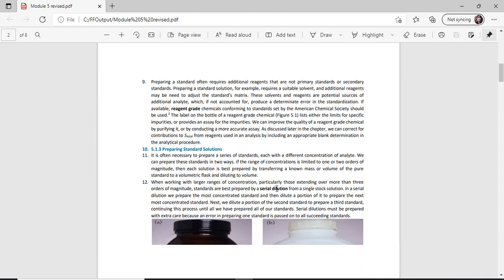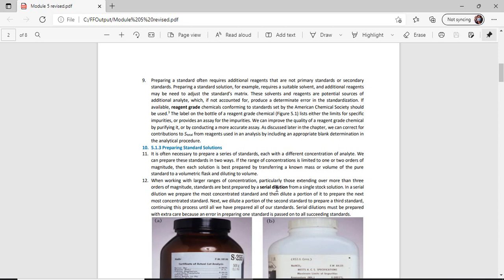Now, let us go to the preparation of your standard solution. It is often necessary to prepare a series of standards, each with a different concentration of your analyte. We can prepare these standards in two ways. When the range of concentration is limited to one or two orders of magnitude,